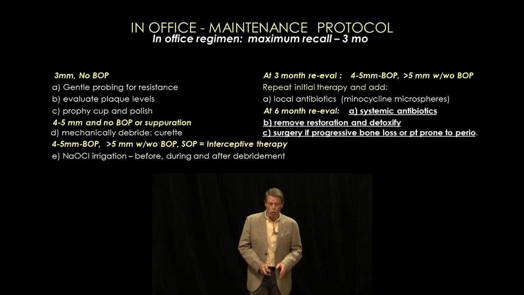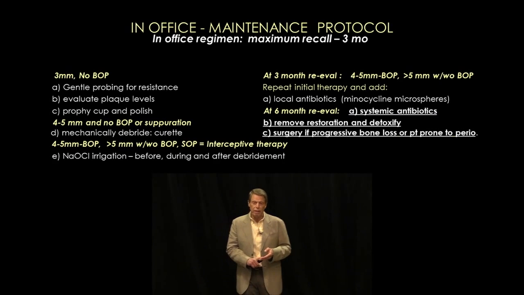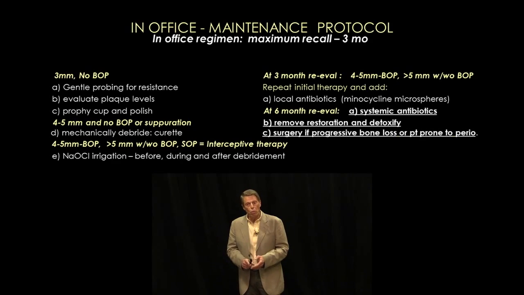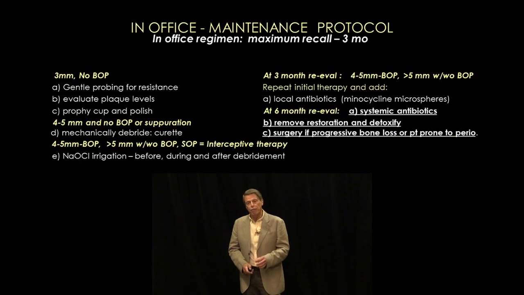So here's the protocol. 3 millimeters and no bleeding upon probing: gently probe for resistance, evaluate plaque levels, and use a prophy cup and polish. With 4 to 5 millimeters and no bleeding upon probing or suppuration, you just mechanically debride with a curette and polish. Now when you have 4 to 5 millimeters with bleeding upon probing, or greater than 5 millimeters with or